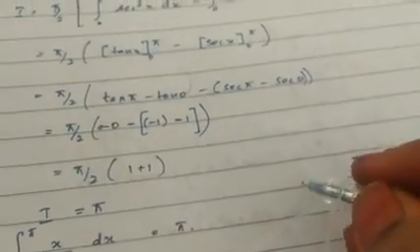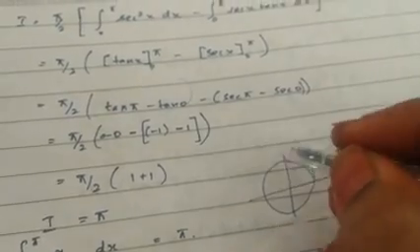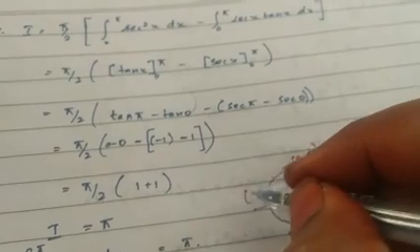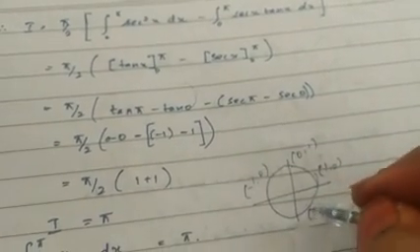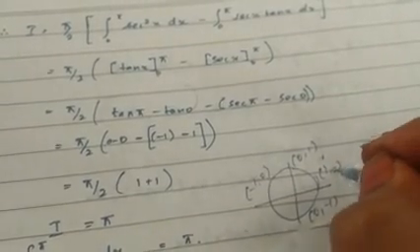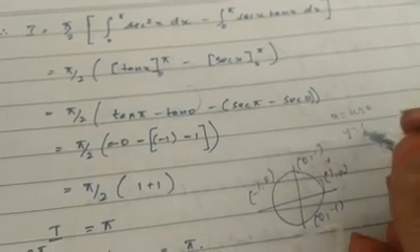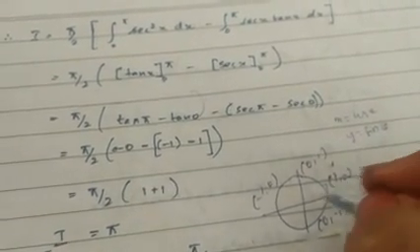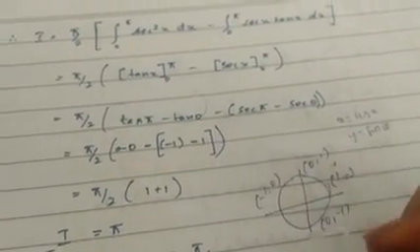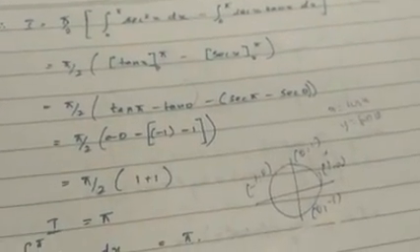If you don't know, what you can do is draw a unit circle: here it is 1 comma 0, here it is 0 comma 1, here it is minus 1 comma 0, here it is 0 comma minus 1. Therefore the first one is always the cos theta value, the second one is the sin theta value, since x is equal to cos theta, y is equal to sin theta. Therefore this is pi, so tan pi will be what, always sin pi and tan pi value is always the same.